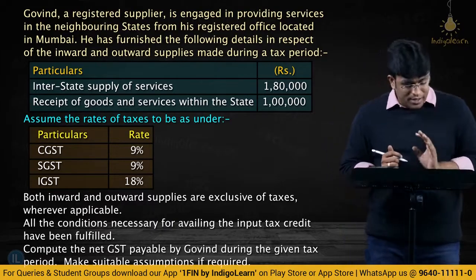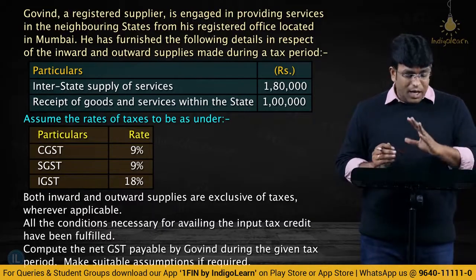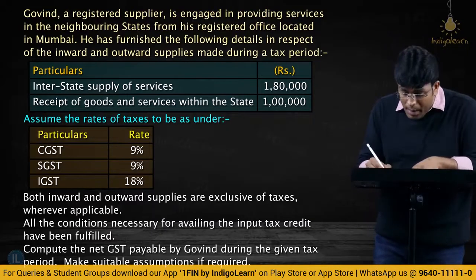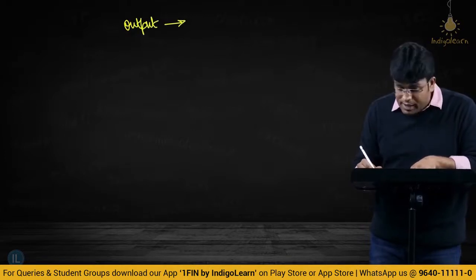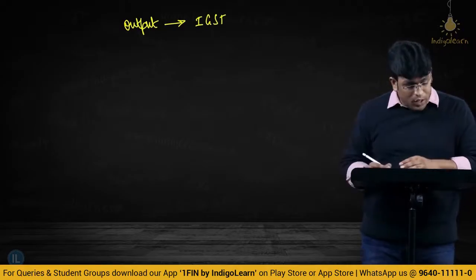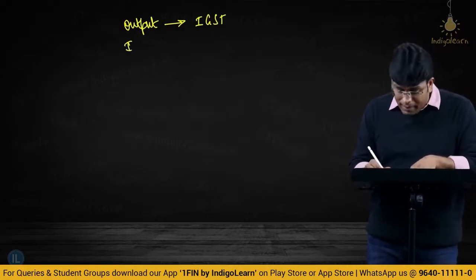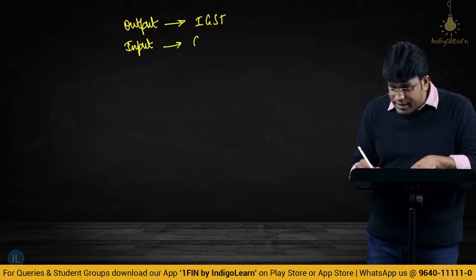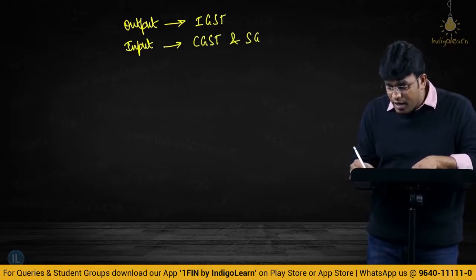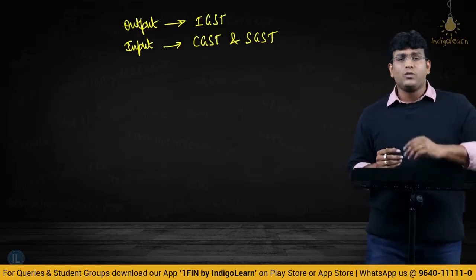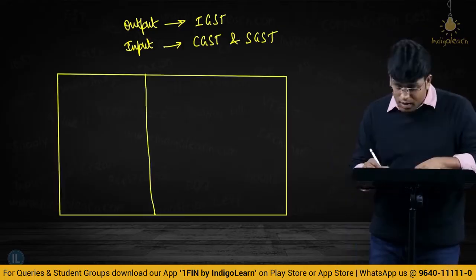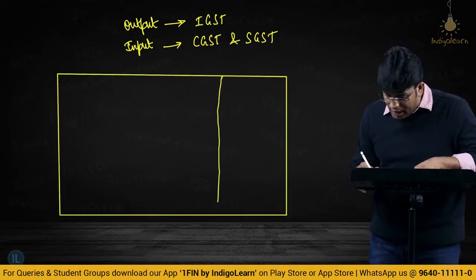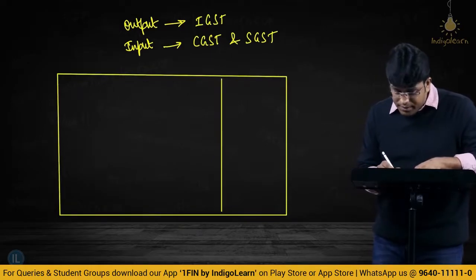Correct, sir? So, my dear friends, if you observe carefully in the question, they asked to compute net GST payable. My output is what, sir? My output is IGST, because in the question they told interstate supply, and my input is CGST and SGST. So tell me guys, come on, can I use CGST credit for IGST? Yes. Can I use SGST credit for IGST? Yes. So we observe clearly, friends, my output in this case is only IGST. So I will take only one column here,